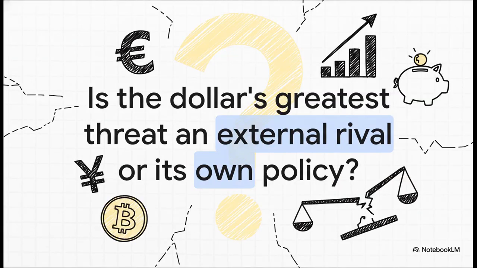And that brings us to our final, and I think most provocative question. Maybe the greatest threat to the dollar dynasty won't come from Europe, or China, or Bitcoin. What if the biggest risk is actually coming from within? From things like soaring national debt, political instability, a self-inflicted crisis that could finally shake the world's faith in its dominant currency. What do you think?